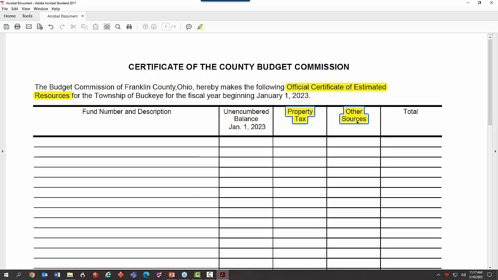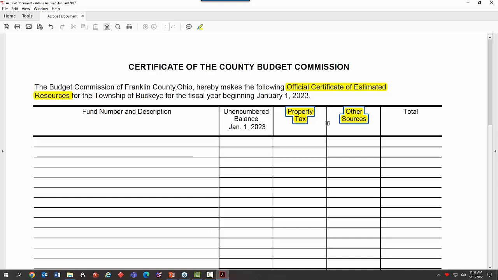Now, I don't think they're going to play with your other sources number, except the local government distribution is in the other sources column. I think there's a few counties out there that have 3 inside columns, one of which is the local government distribution. So you may see 3 inside columns that add up to your budgets. But the county is the one that distributes the local government, and they could tweak that number as well.